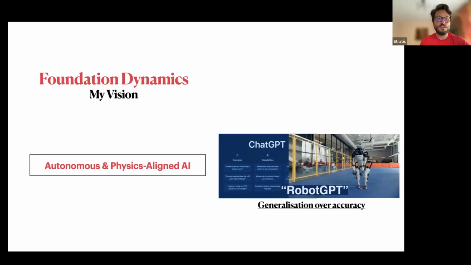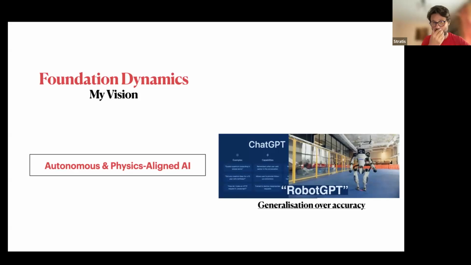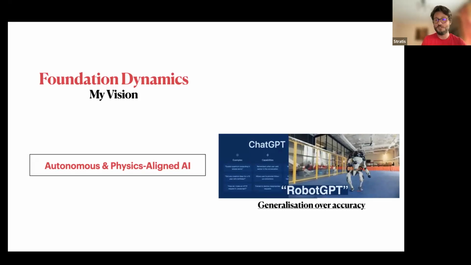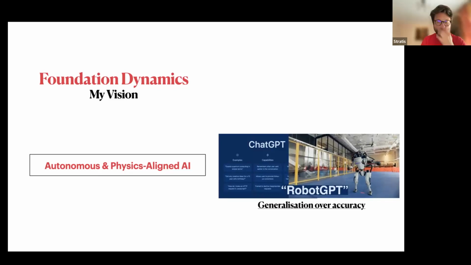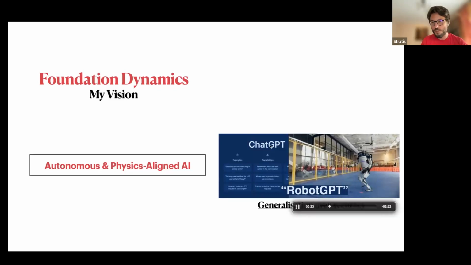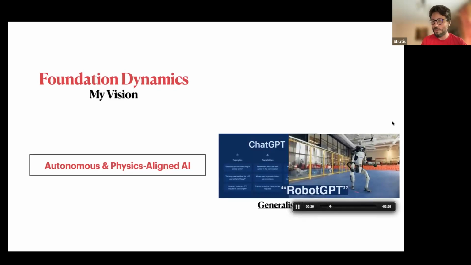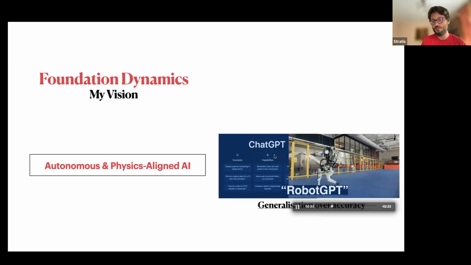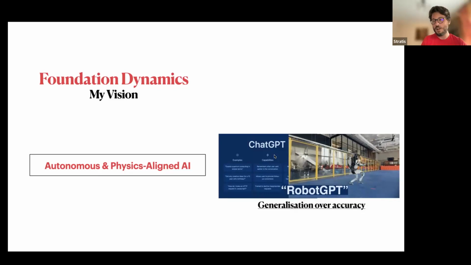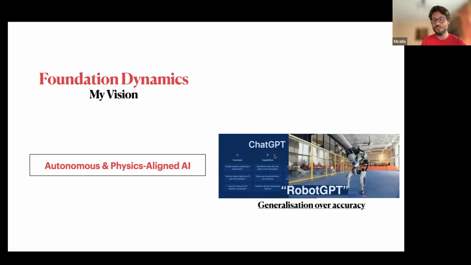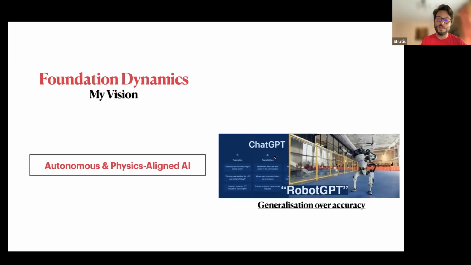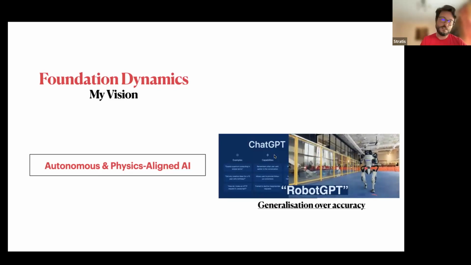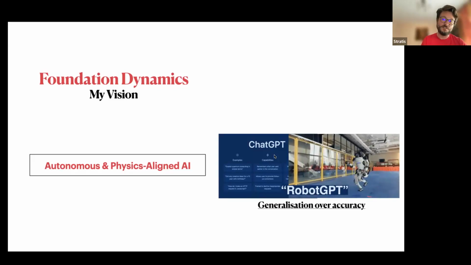My vision, in a way, I would describe very briefly as: I would like to have an AI which is autonomous and physics-aligned towards foundation dynamics. I think a good analogy, intuitively, is ChatGPT as well as the robots by Boston Dynamics. What one can observe from the popularity of ChatGPT is not that it's accurate per se. In fact,